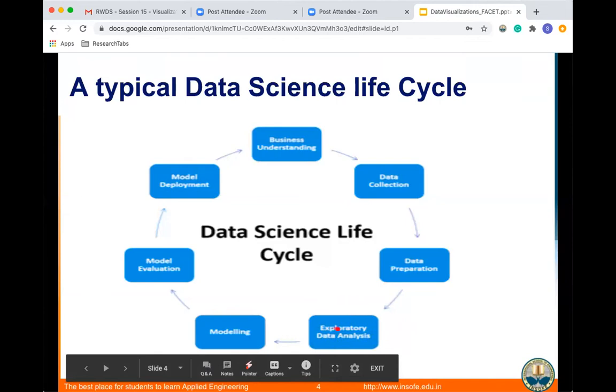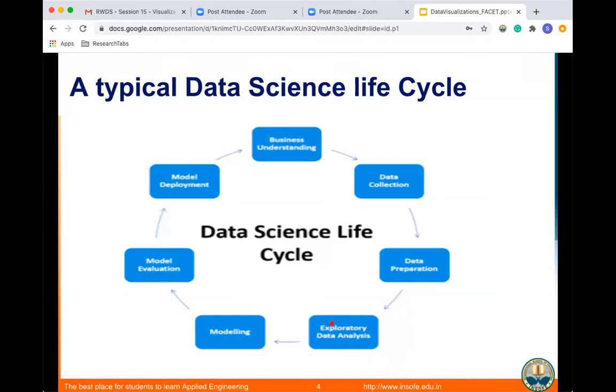That is exploratory data analysis. The point of the life cycle I'm showing here is that in exploratory data analysis, you have to do visualizations. You will understand the data in a clear manner when you explore it, and if you want to present it and go deep into it, visualizations will give you a clear picture of what is there in the data.